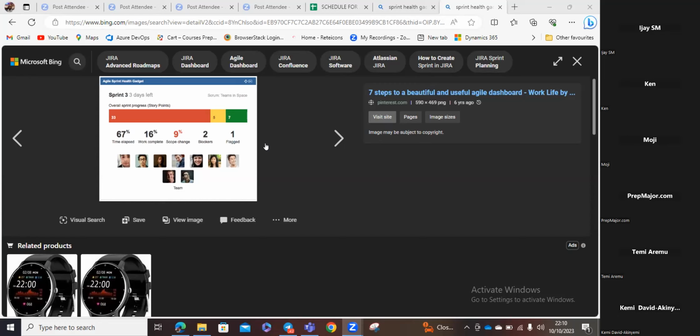So all that Moji was trying to explain is that things can be scope creep, things can be this. Just open your eyes, open your mind. And like she said, sometimes it comes with practice for you to be able to know it. And trust me, Blue Sky will equip you with that practice. So just stay calm. You're just in sprint 1. By sprint 2, sprint 3, you'll be getting used to it gradually, except you don't apply yourself, or you're not paying attention or even putting hands on those things. But you guys will be fine.